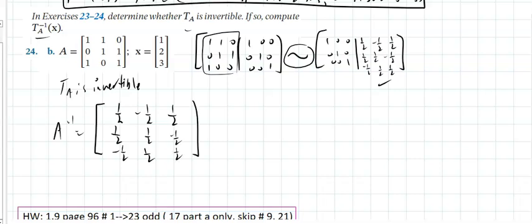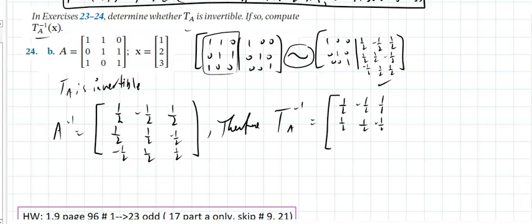And let me double check those to make sure they're right. Yeah. So we say therefore the inverse of T is simply that matrix applied on 1, 2, 3, which is